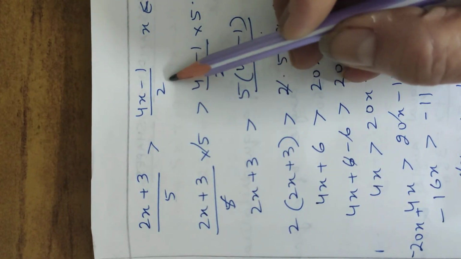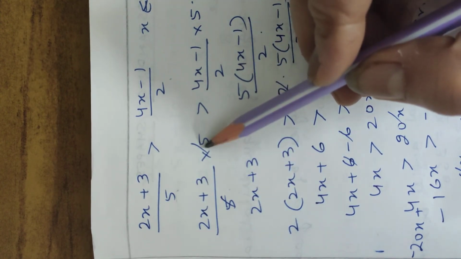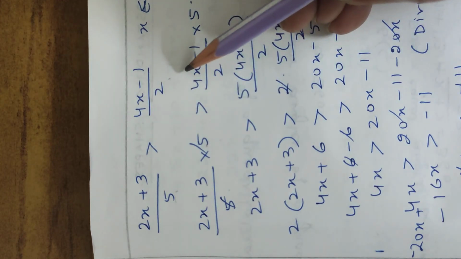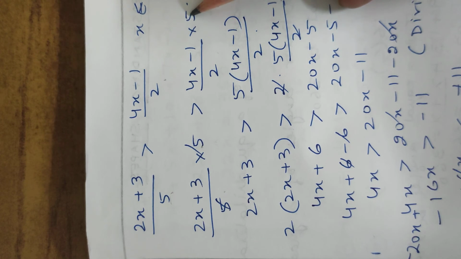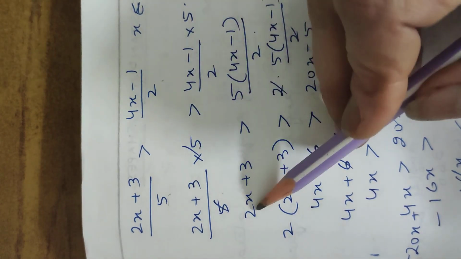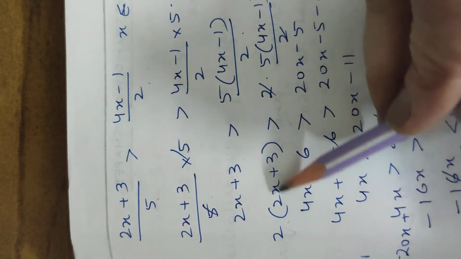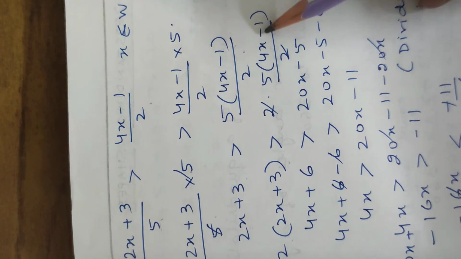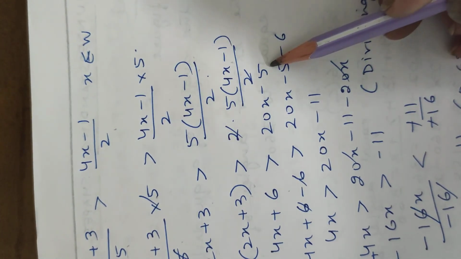Question number 14. This is your sum. So first I am removing 5 here. I will multiply by 5. When you do it directly, you can cross multiply these two sums. I will send you the solutions. Then this, both the sides by 5, you get 2x plus 3, 5 into this. This will become 2 into this. Now I have to remove 2 from here. So multiply by 2. This side, open the brackets, you get this side.